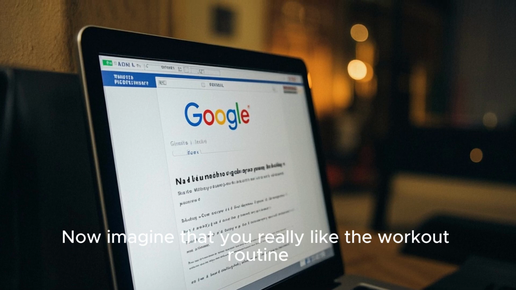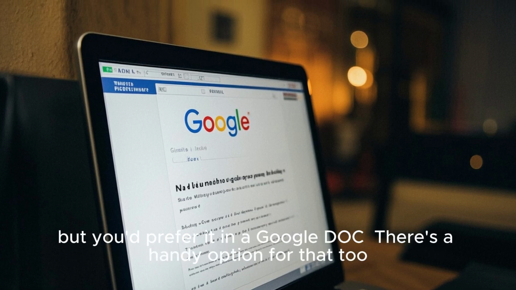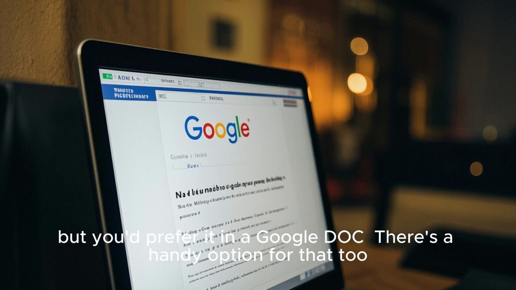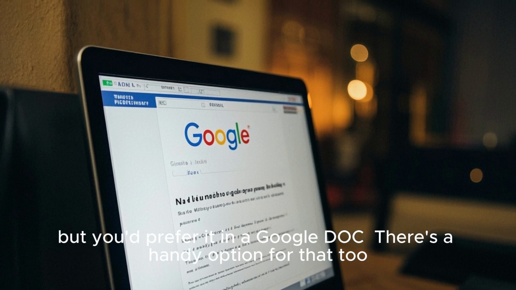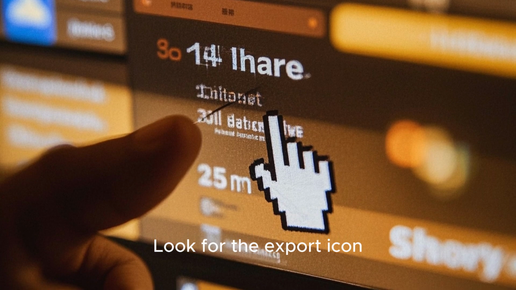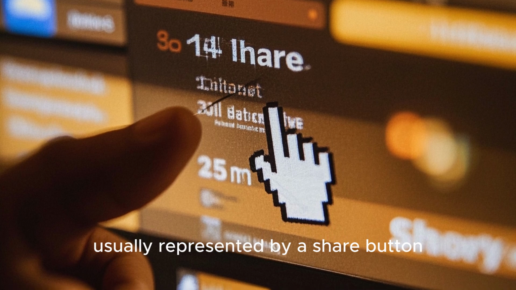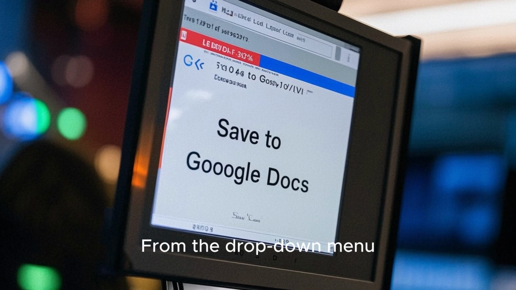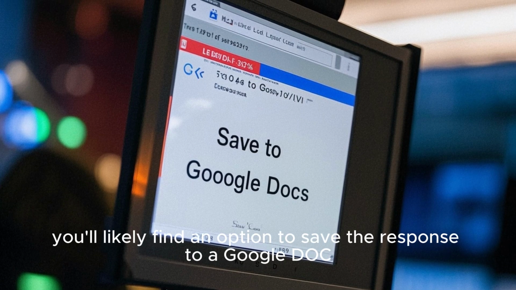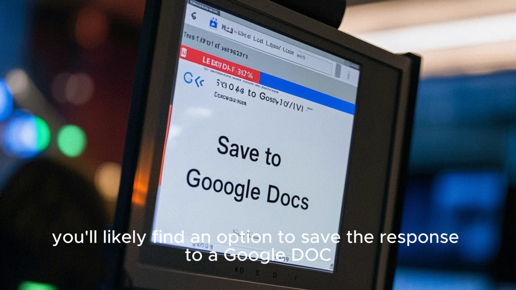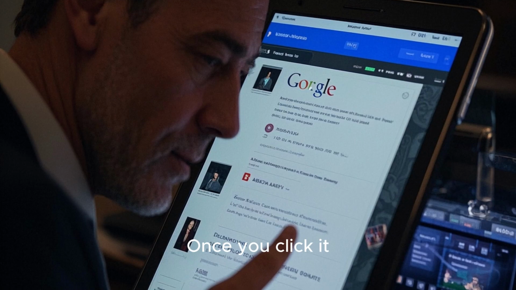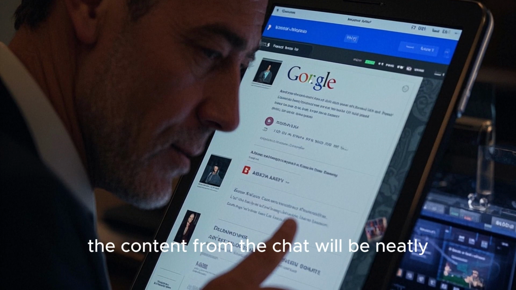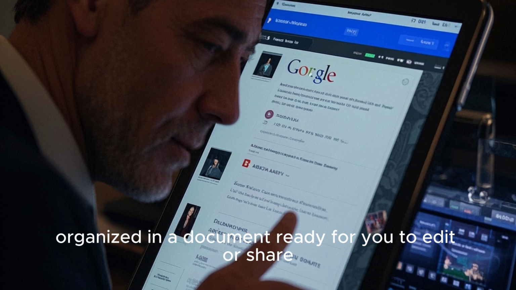Now imagine that you really like the workout routine, but you'd prefer it in a Google Doc. There's a handy option for that too. Look for the export icon, usually represented by a share button, and click on it. From the drop-down menu, you'll likely find an option to save the response to a Google Doc. Once you click it, the content from the chat will be neatly organized in a document ready for you to